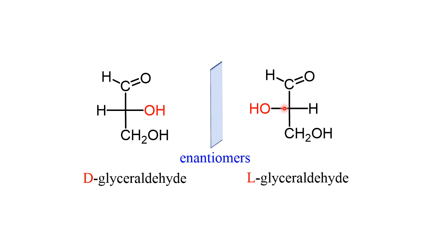But in the examination, in making notes, or in the class on the blackboard, which one is D and which one is L, we can't say. So you decide. If one is taken as D, the other automatically becomes L. So we have some liberty in the examination. Therefore, assign the first one as D, the other becomes automatically L. So both are glyceraldehyde, but one is D-glyceraldehyde, the other is L-glyceraldehyde.